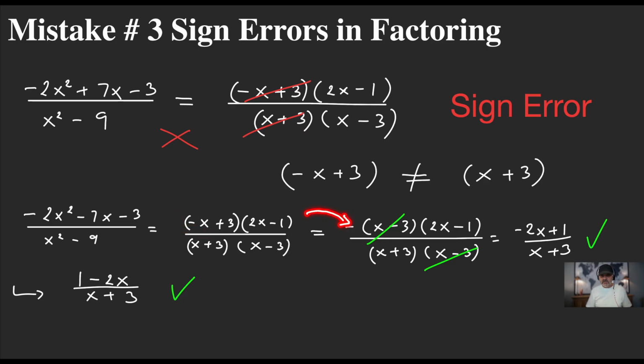So when you take out -1, you have positive x inside, and that positive 3 becomes -3. -1 outside means positive x inside minus 3 inside now. And all of a sudden you say, hey, I have identical binomials x minus 3 and x minus 3. So you proceed with the cancellation, and then you're left with negative,